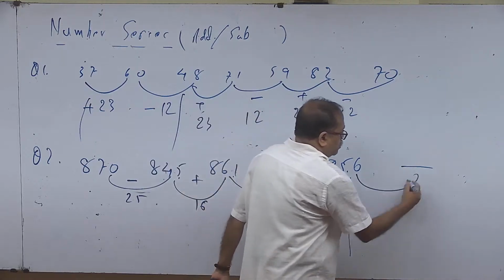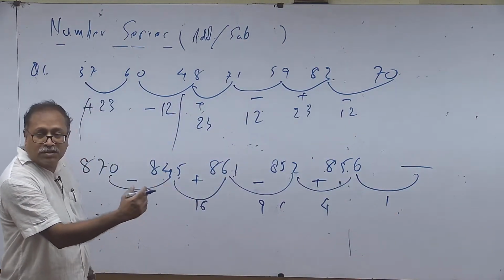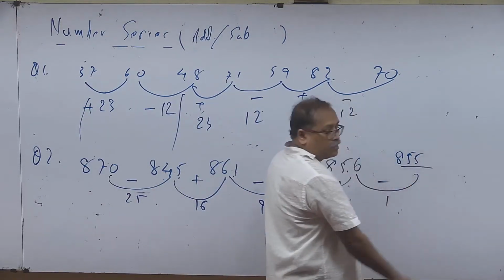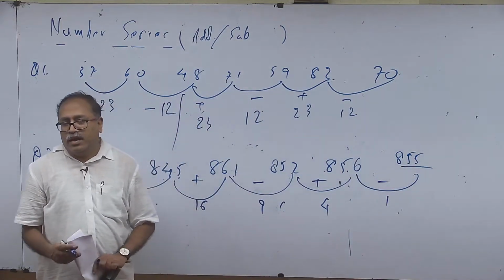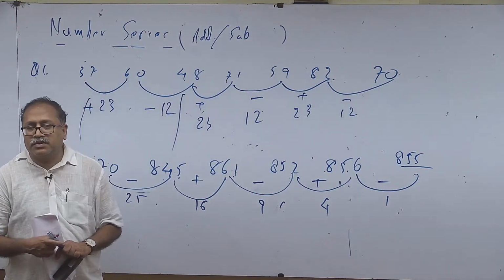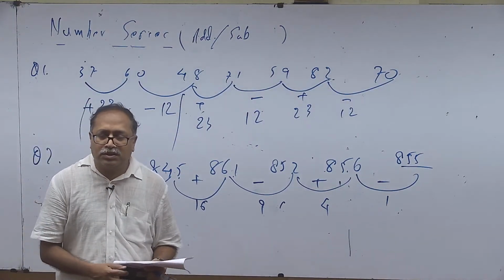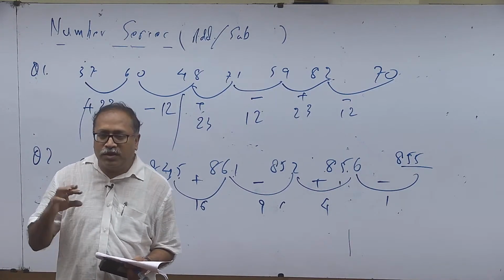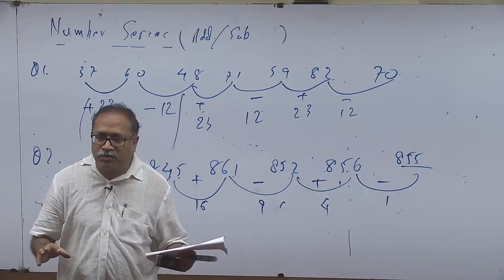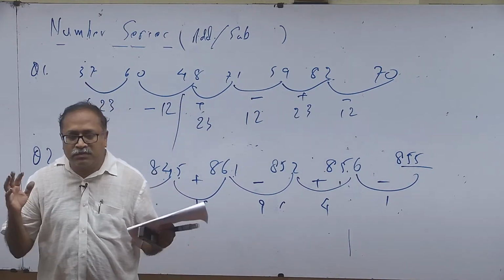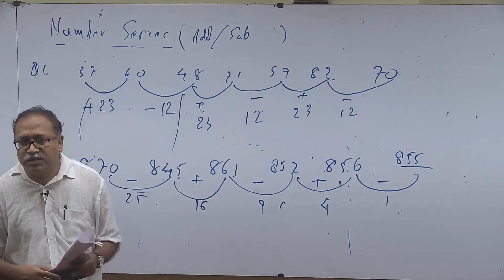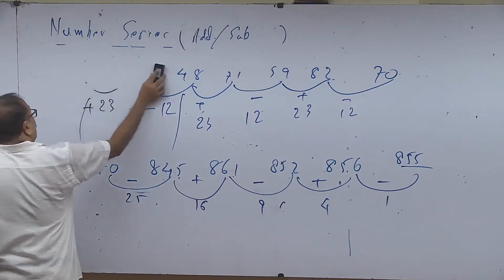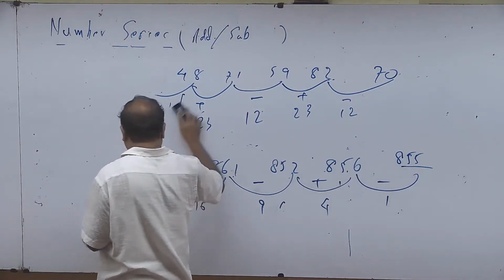Now the next you need to identify the sign as minus, plus, minus, plus. So here the plus is there, so minus, your answer should be 855. Actually this is the easy one, but sometimes when you get the questions in the exams, I will show you that some of the questions you do not know how to move on. Here we know that it's a minus, plus, minus, plus. There nothing will be mentioned over here. So we will deal with all the questions of the last 5 years of SSC-JE number series, every chapter, not only of the number series. Now we will move on to the next category, and that is